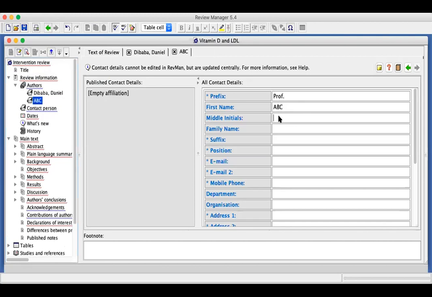ABC, XYZ, position, professor, email, let's say ABC at UTHSC.edu, department, preventive medicine, organization, UTHSC,